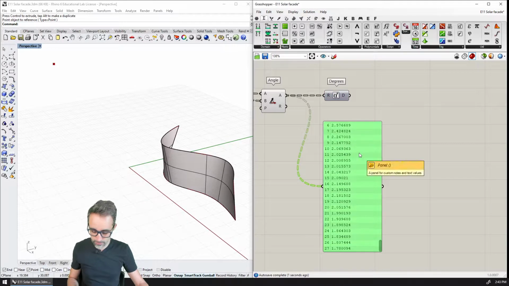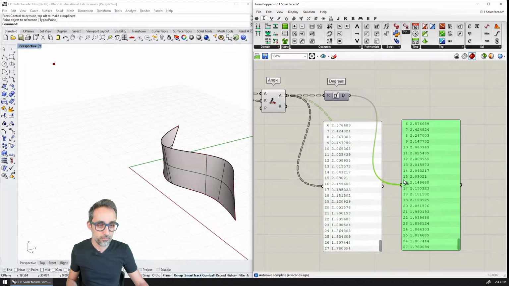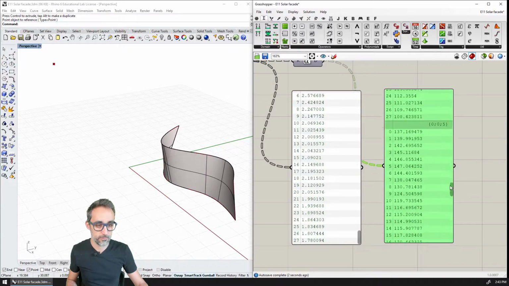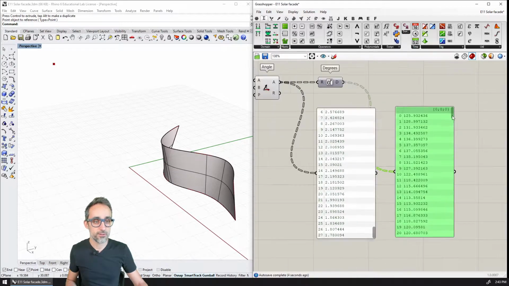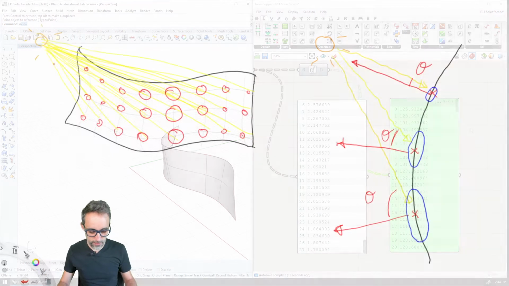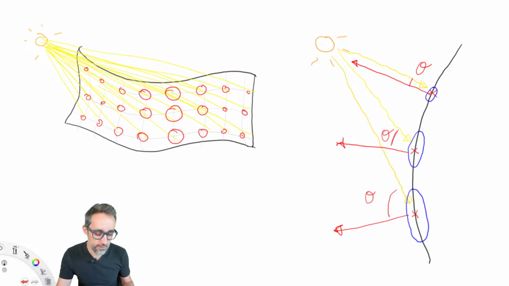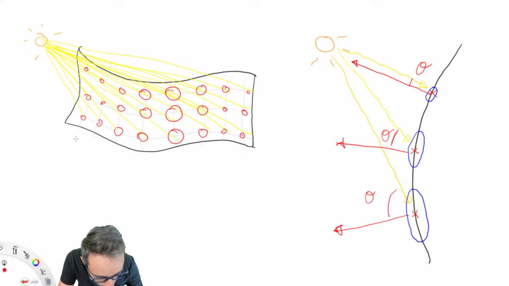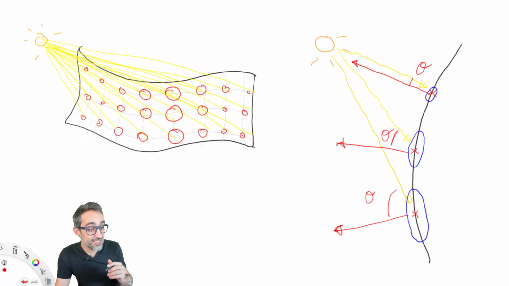So this will be these angles here. Now, one interesting fact is that all the angles are larger than 90 degrees. Can you see this? And it is so because if we go to the diagram, we can see that the angles that we have here on the right-hand side, where are the angles? We can see that I've actually made a mistake in the way I have drawn the angles on the diagram,